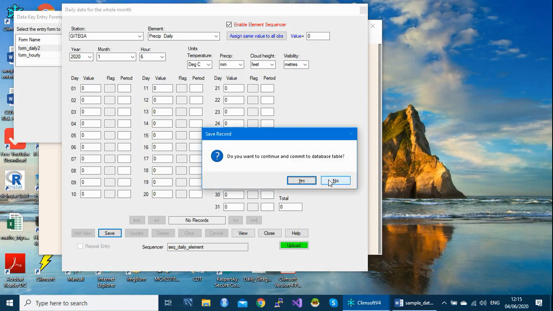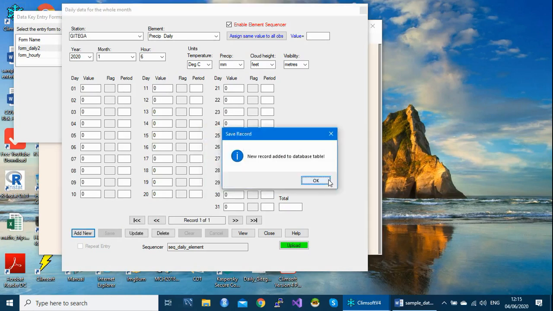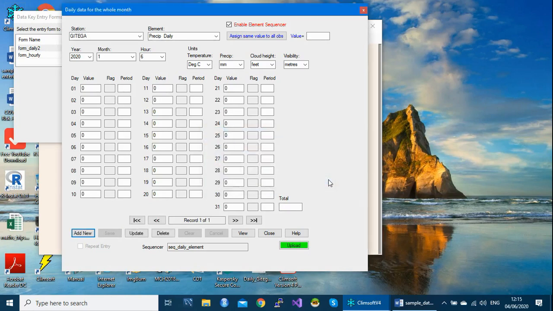What you are going to see, it will go to the next month automatically by clicking add new. Once you click on add new, it will go to the next month. And then you say, okay, even the next month my values were 0. So it keeps on the same element, but it will go to the next month.